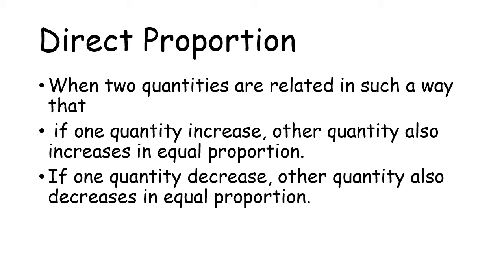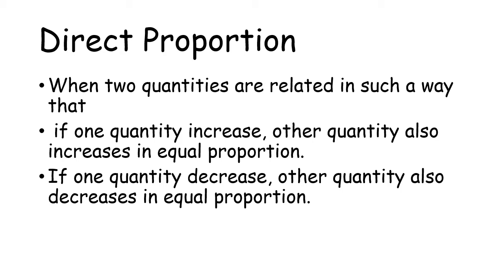For example, if you buy a chocolate, let's say it costs 10 rupees. So if you buy two chocolates, how much will it cost? It will cost 20 rupees. And if we buy 5 chocolates, the cost of 5 chocolates will be 50. So see students, as we are increasing the number of chocolates, our price also increases. Now proportionally means that we are not adding the price of something else. We are adding the price of chocolate.